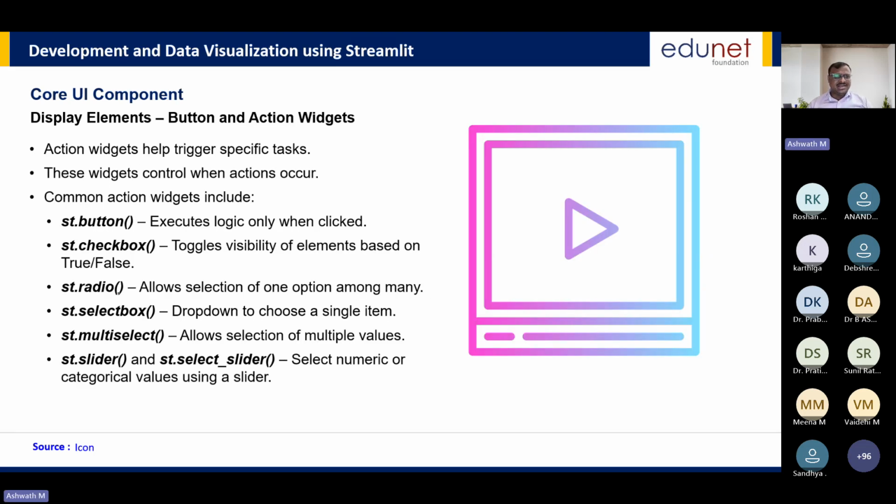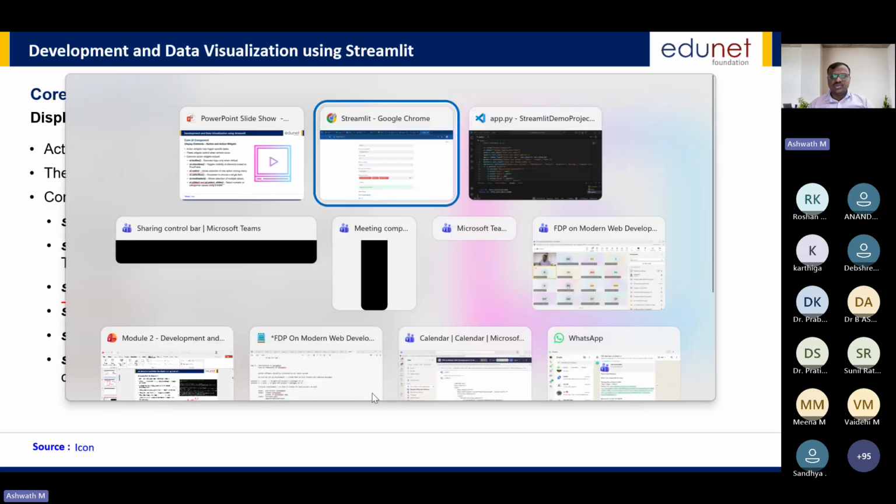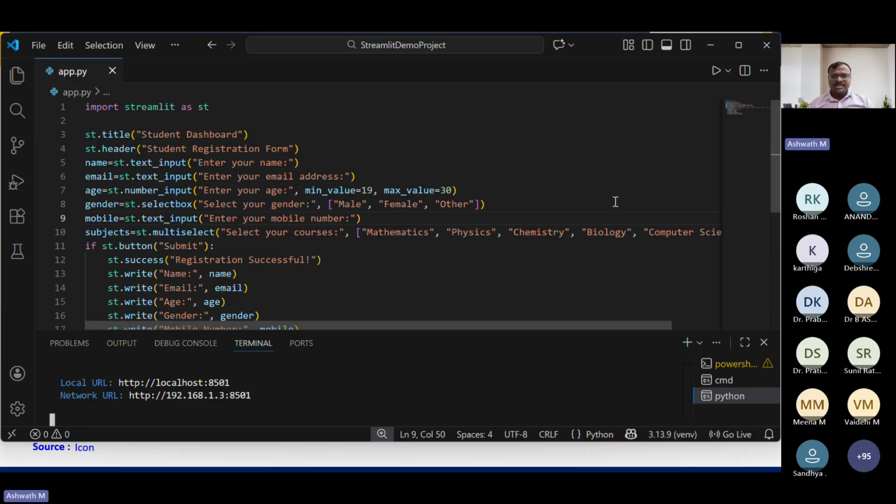So yeah, in the radio button I was telling, right? This is the radio button. We can use st.radio, which allows only one selection. And there is one more thing, like slider. I'll show you this: slider and select slider. Select numeric or categorical values. So I'll show you these two things now. For example, if I go here,